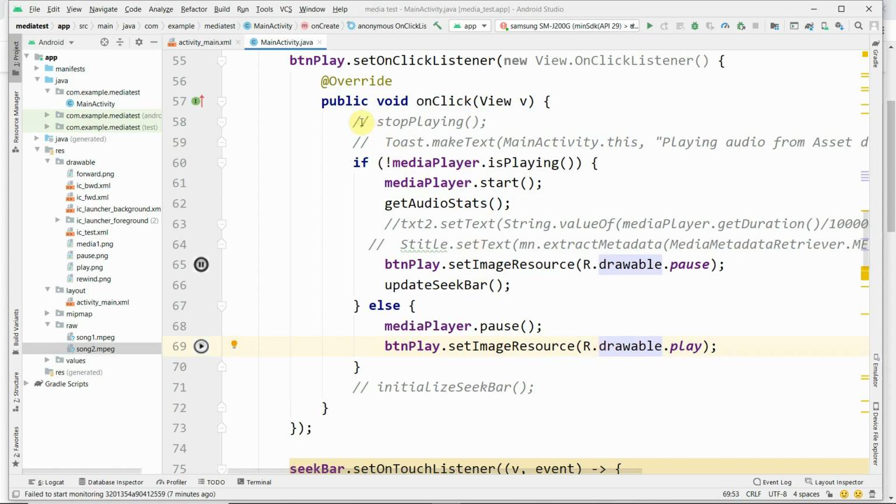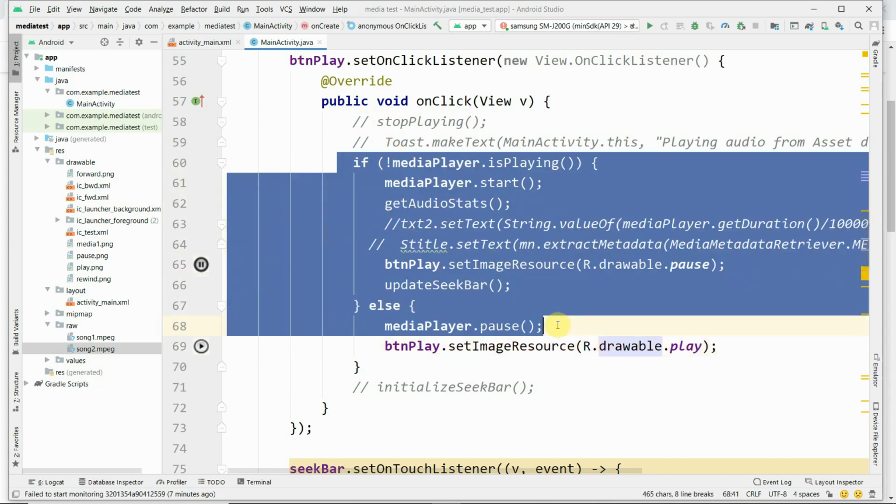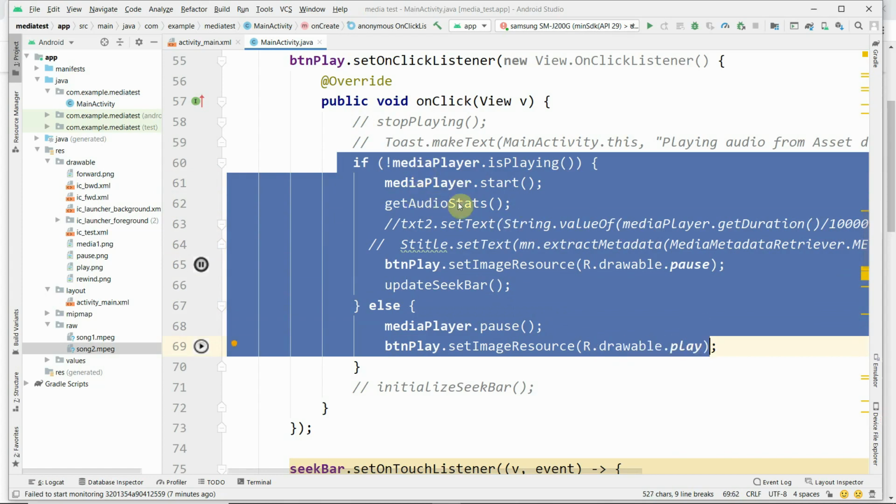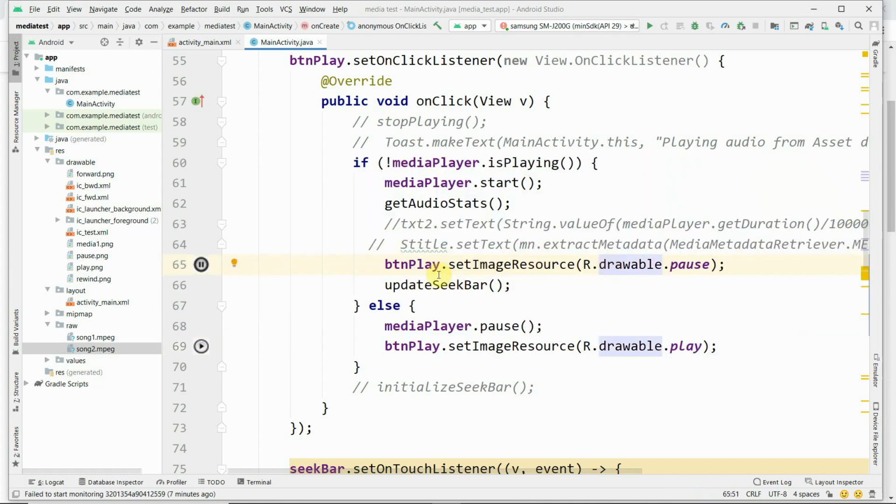The total meaning of this is, if the media player is playing, you have to set the image as pause. If the media player is in the pause mode, then you have to set the image source as play. And when you click on the pause button, the media player needs to be paused, and then the image has to be set as the play button.